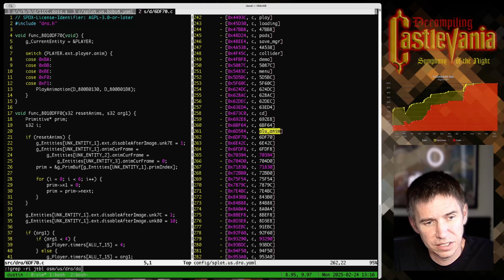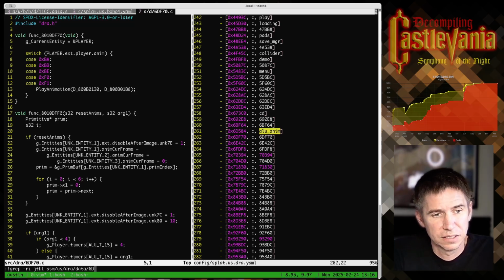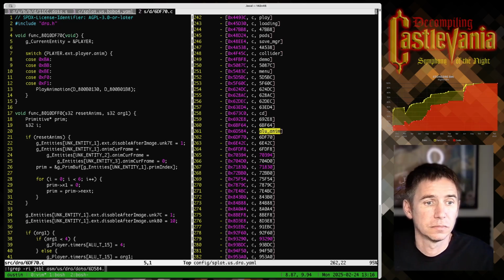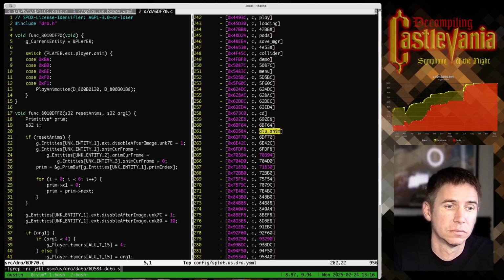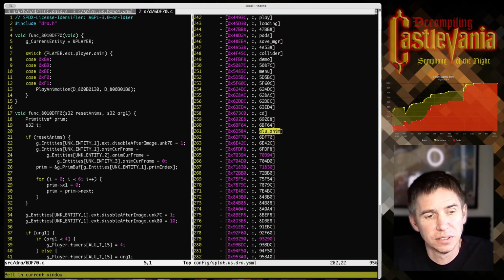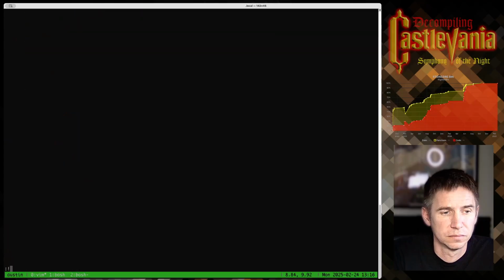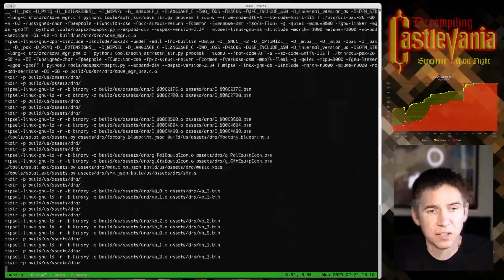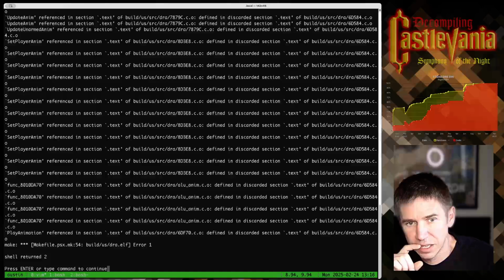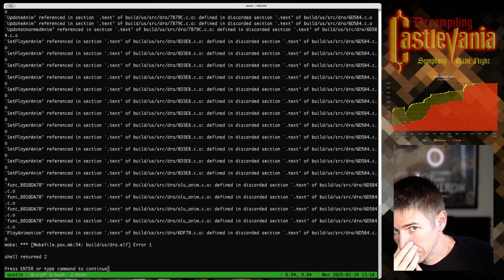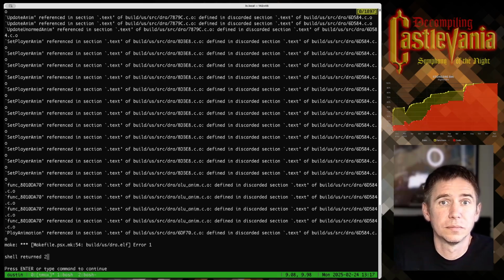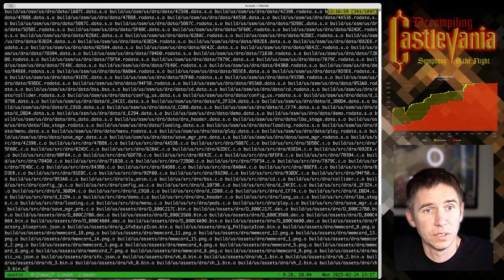Let's look in data. 60F70. Yeah, so my concern is that these jump tables are getting generated, and yes. So there is